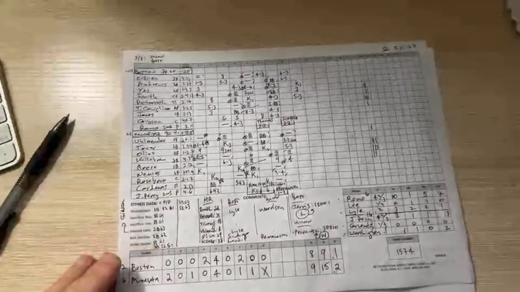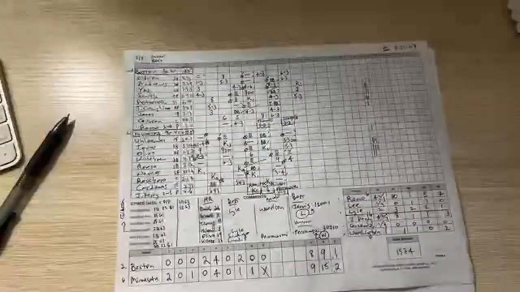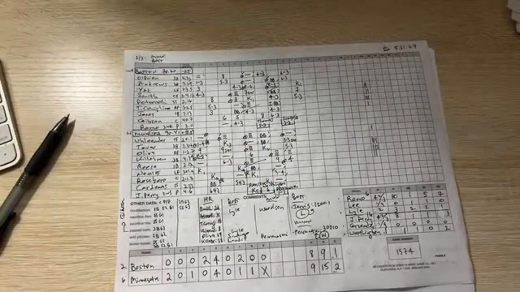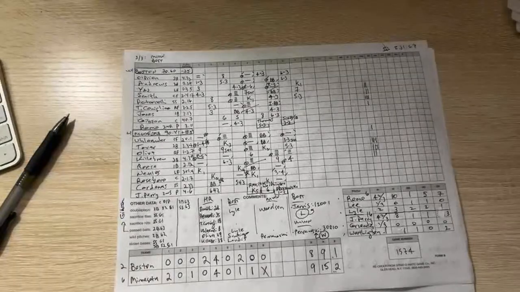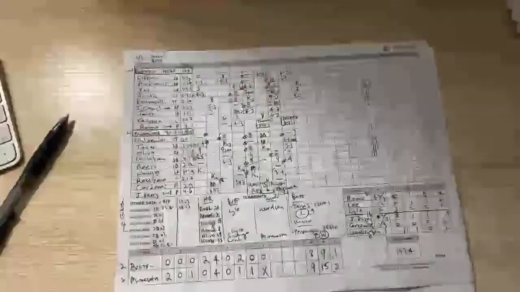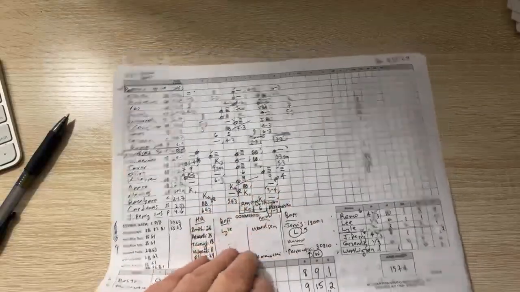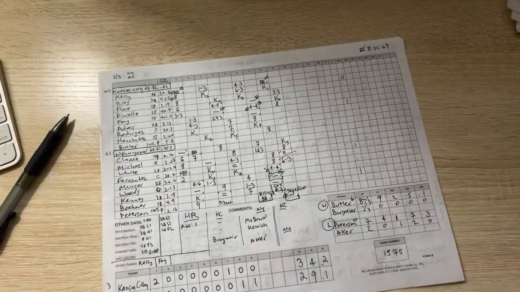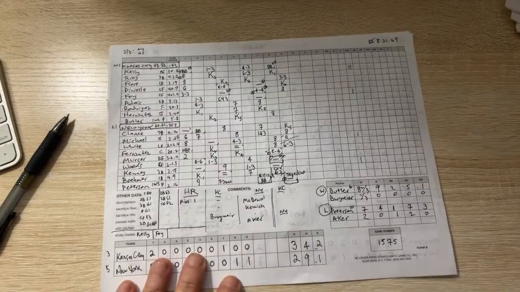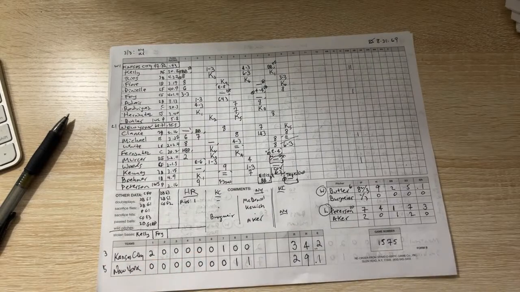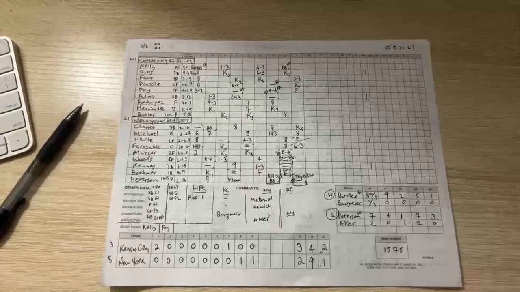In the rubber game of a 3-game series, Minnesota won it 9-8. I remember this one vaguely. Peranowski got the win, Jarvis the loss. Lots of home runs in this game. Maybe as they get closer, I remember them better.